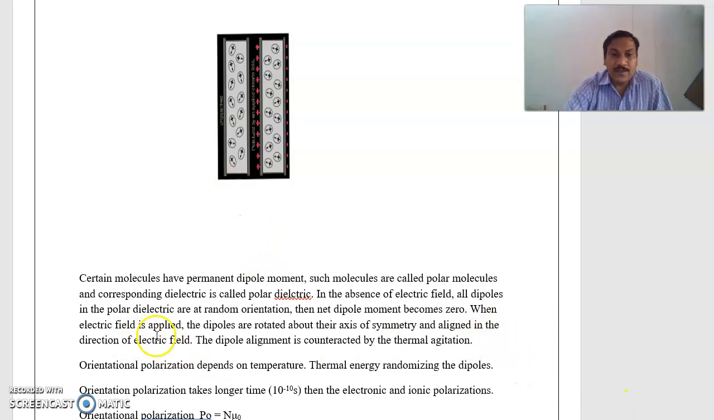Next, when an electric field is applied, the dipoles are rotated about their axis of symmetry and aligned in the direction of the electric field. The dipole alignment is counteracted by thermal agitation. So in the next, second diagram, if we apply the electric field, if we keep the dielectric material between the positive charge and negative charge capacitor plates, then, by applying the electric field, these dipoles are rotated